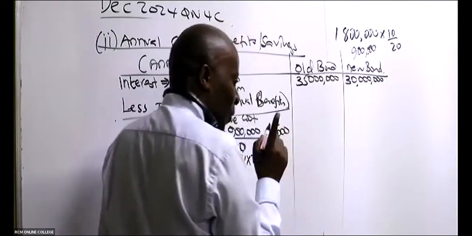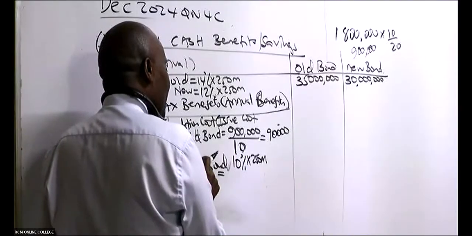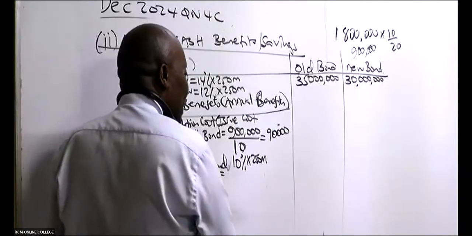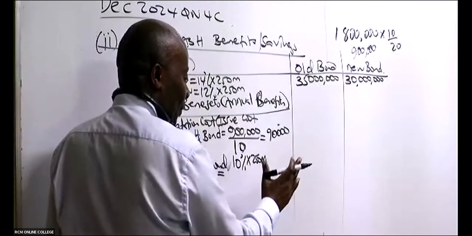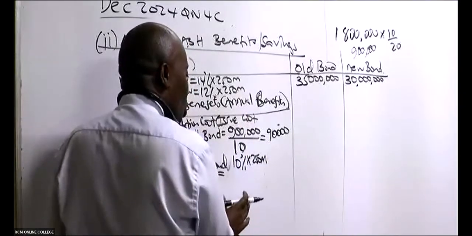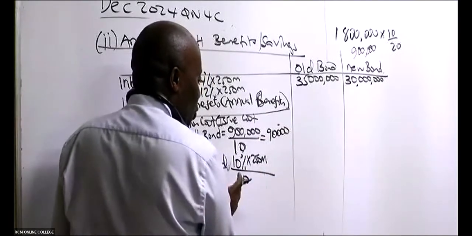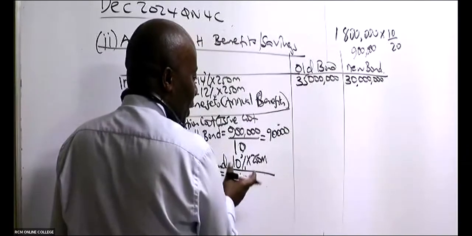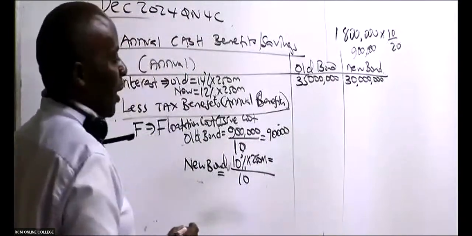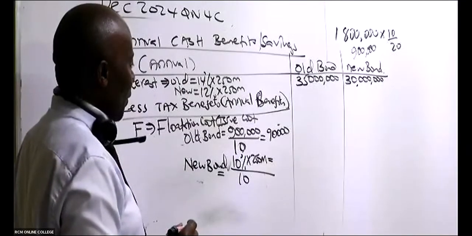But now you have to be very good here. Remember, flotation costs and any issue cost, and any discounts, are normally amortized evenly over the entire life. So this 10% of the 250 million is the total issue cost for how many years? For 10 years. The new bond is going to stay with us for 10 years. So can you kindly give me this figure? How much are we looking at?